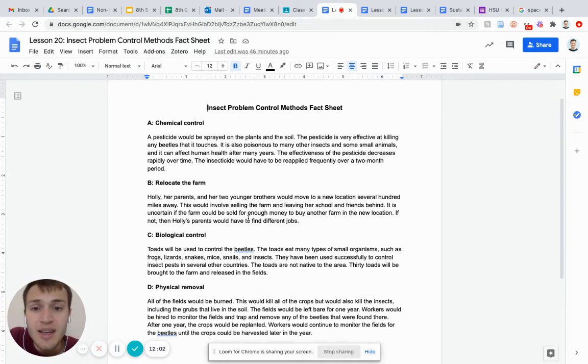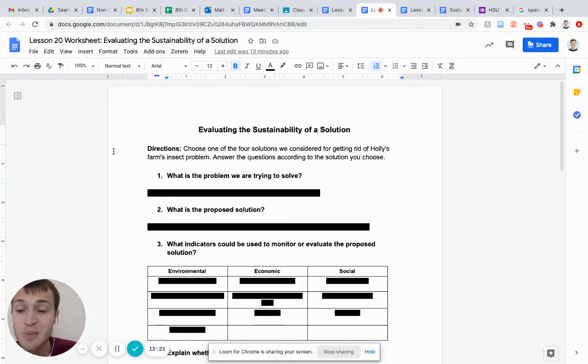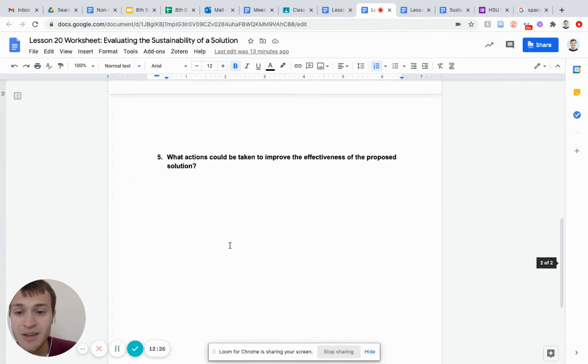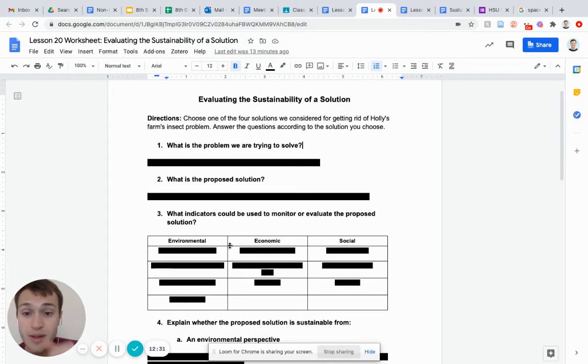So in class, we decided to look at chemical control. That's that we're going to look at the sustainability of using pesticides or insecticides, so chemicals that kill insects. All right, so we have this worksheet called Lesson 20 Worksheet, Evaluating the Sustainability of a Solution. There are 5 questions that we're going to answer about the chemical control,